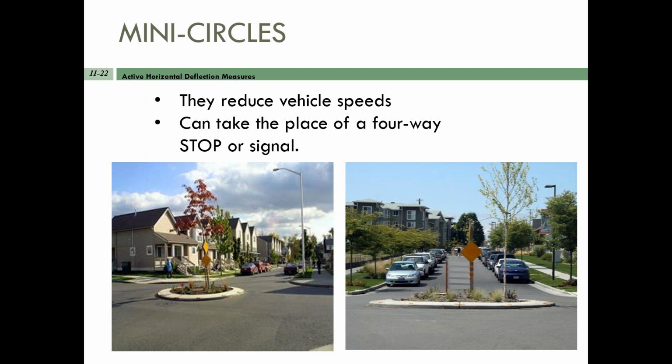But with regard to the mini circles, again, they're not modern roundabouts. There's simply a circle in the middle of the road. Every one is a different size because there's size to the street. So if you have two streets that are different sizes, like one's 26 feet and one's 36 feet, you're going to end up with a little mini circle, something that looks more like a kidney than a circle. Yeah, they're individually designed, and you also see the fact that they have a concrete little apron around them,